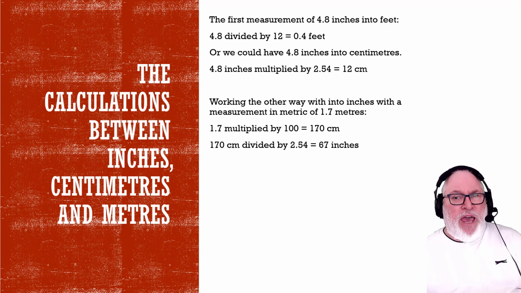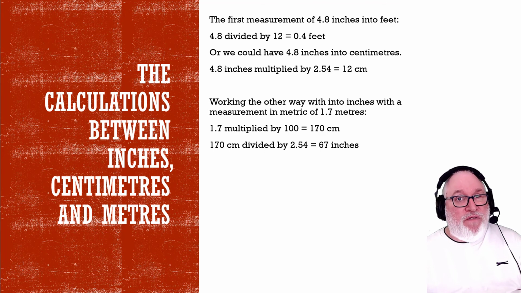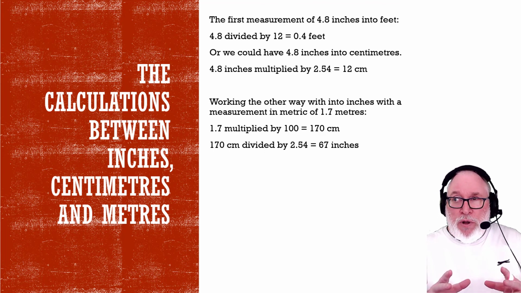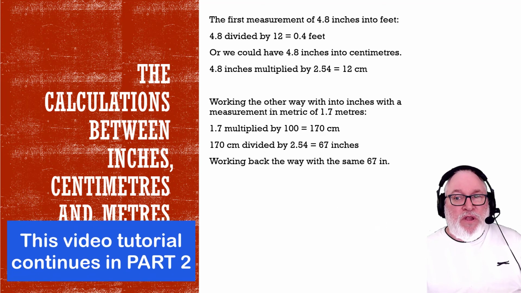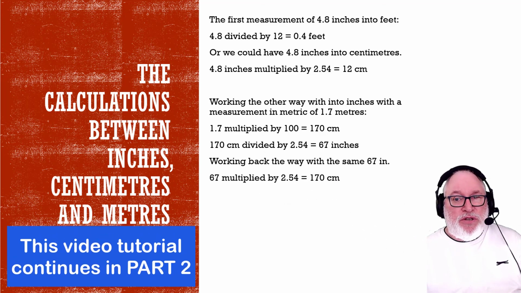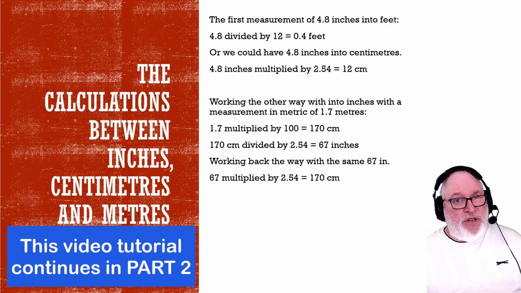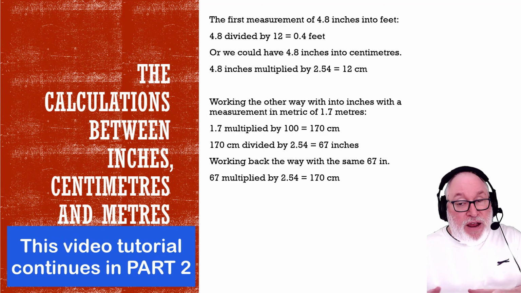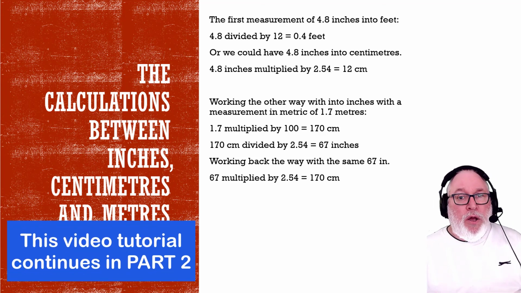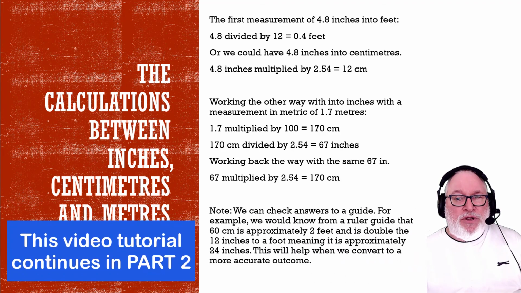So we can work with anything at all as long as we've got the conversion. And working back the way, instead of multiplication, we divide, as long as you know how large something is. So if we know in the numbers, so working back, 67 inches multiplied with 2.54 centimetres gives 170 centimetres. If we want to go back the way, 170 centimetres divided by 2.54 would give us 67 inches. So no matter which way you do it,